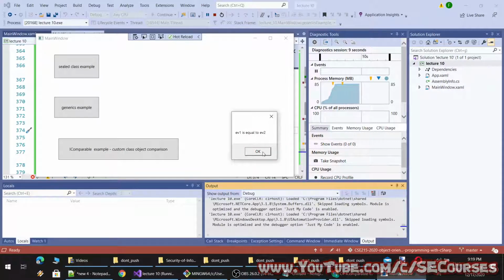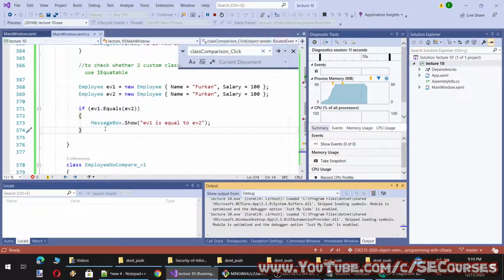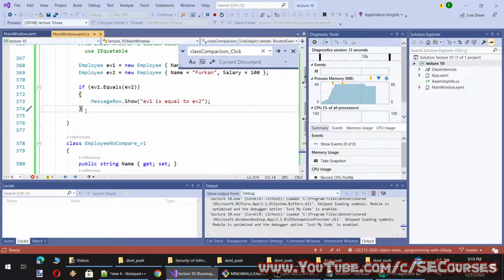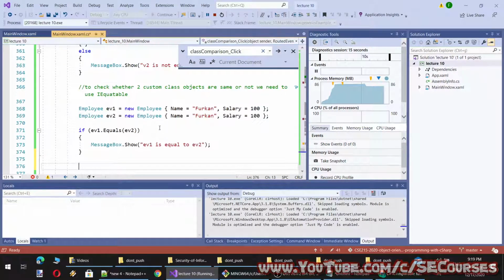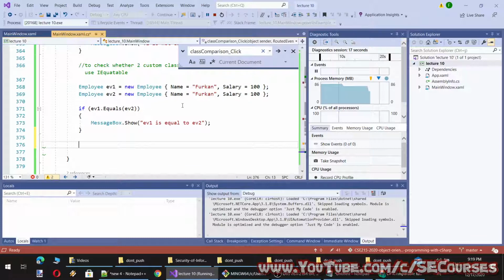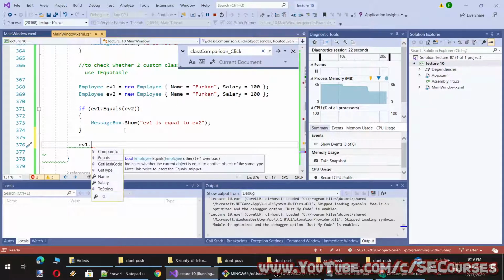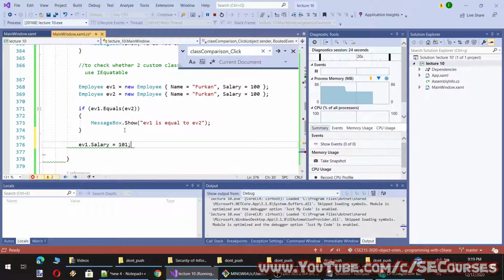EV1 is equal to EV2. Nice. And we can make something like this. This is for equality checking. If I make it like this, let's just change the salary. This time it won't work. They won't be equal anymore.